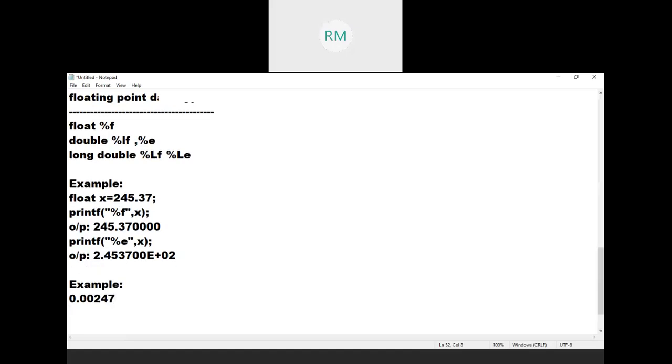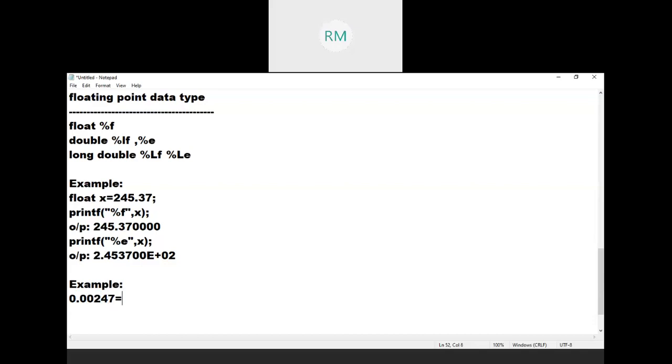Here I have some value 0.00247. After the decimal point you have 1, 2, 3, 4, 5 digits. So if you print in general form, then one trailing zero will be added. So I want to represent in scientific form. Then how to represent this one? Left of the decimal point there should be only one digit, that is a non-zero digit.